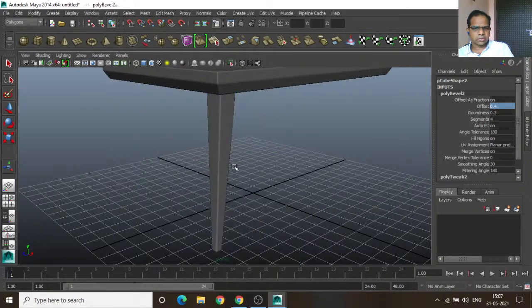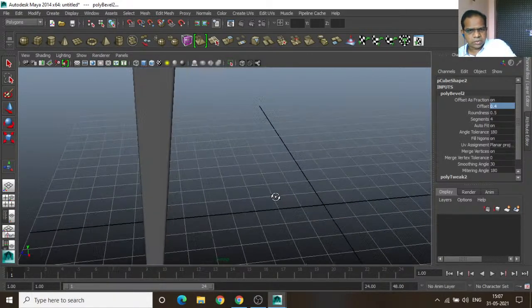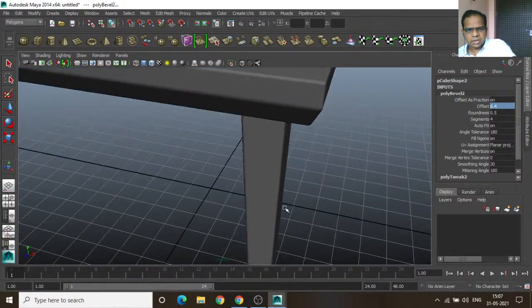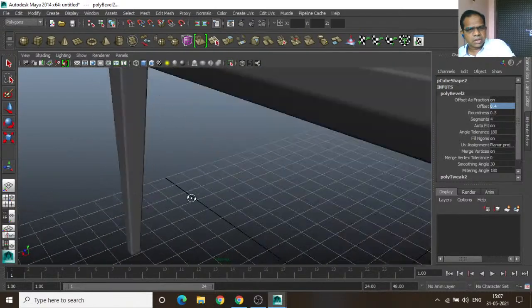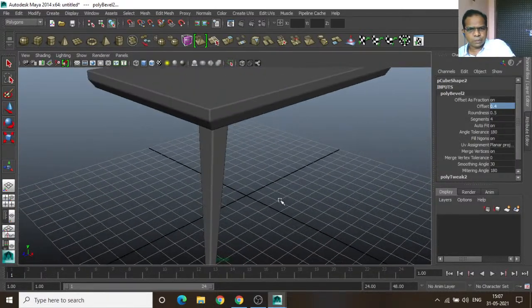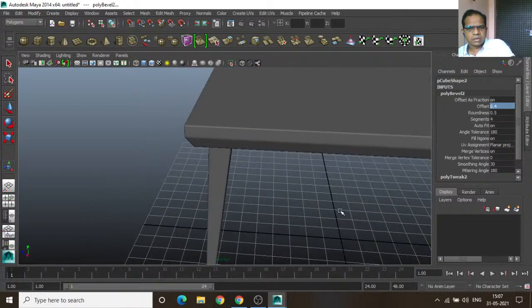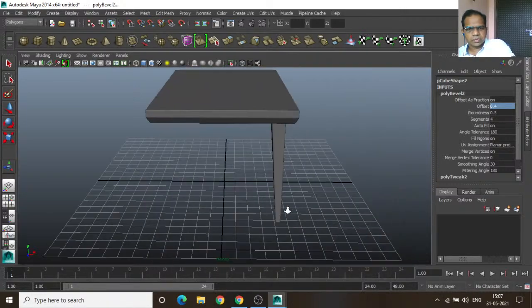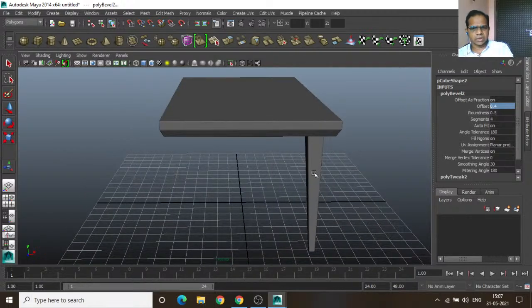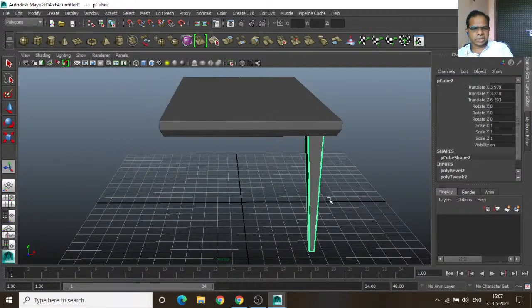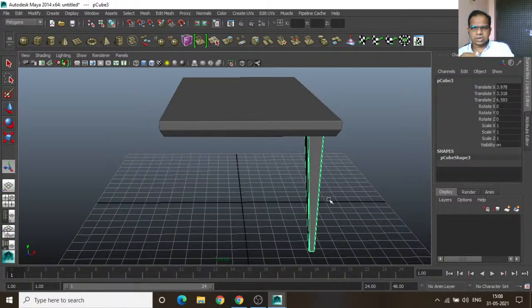Now right click and go to object mode. Now you can observe smoothness, smoothness on leg corners. So now we have to copy this leg. Now selecting the leg, for duplicating, Control D. See, already duplicated this leg, and